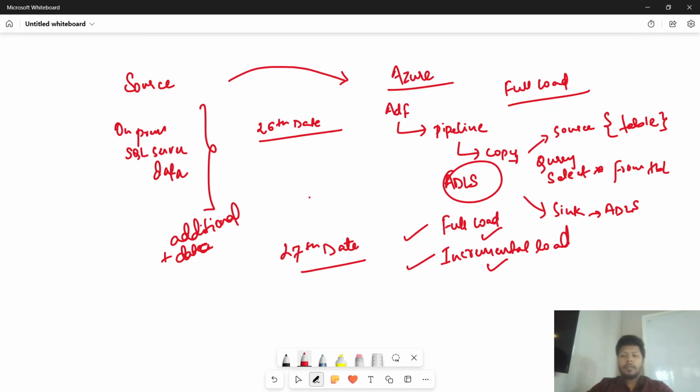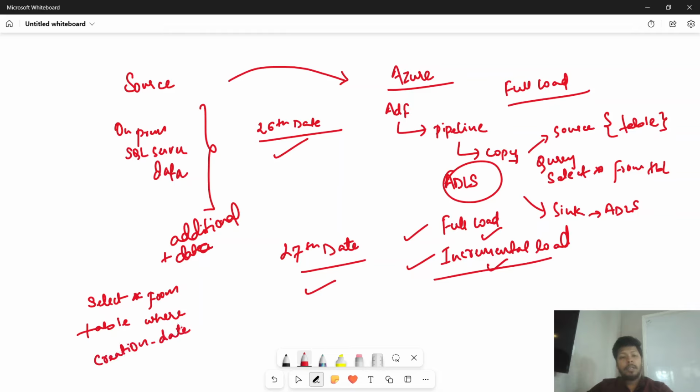Here, I was saying yesterday that let's say till the 26th, all of this data was loaded. On the 27th, I want to bring the incremental data load, right? So how do you figure it out? You must write some query on the source data, like select star from table where creation date. Whenever any record is added into this source table, there is a creation date for that record. So we can say, when creation date is greater than 26,